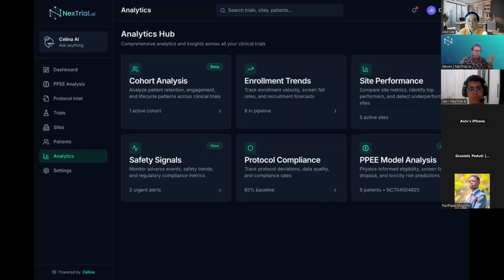So, let me bring it together. The clinical trial industry has an enrollment problem that costs $8 billion a year. AI matching has been around for a decade and it hasn't solved it, because the problem isn't matching. It's trajectory modeling: knowing when a patient will be eligible, how long that window stays open, and what the full funnel risk profile looks like from screening through completion.